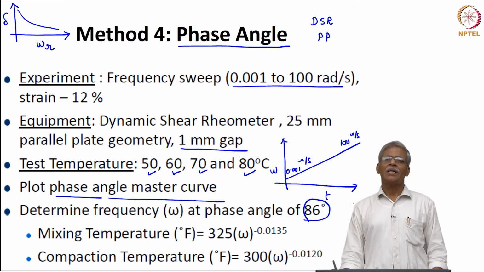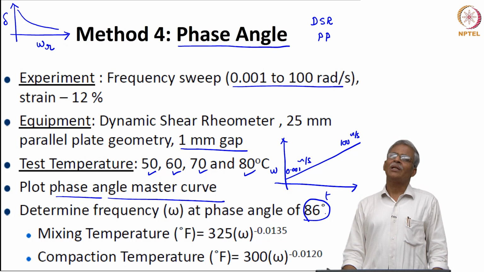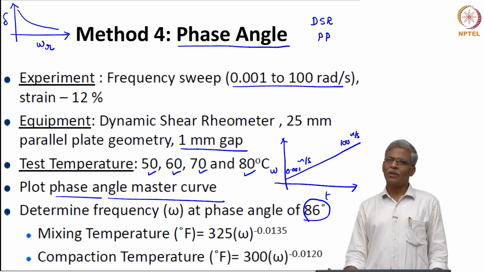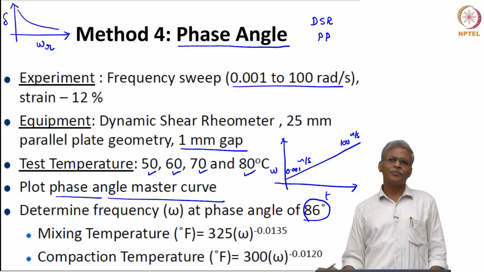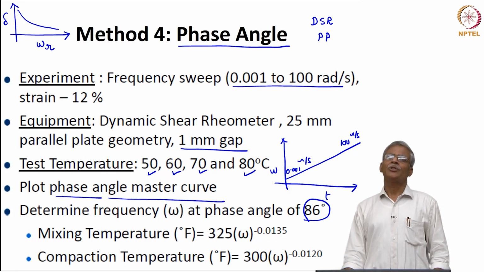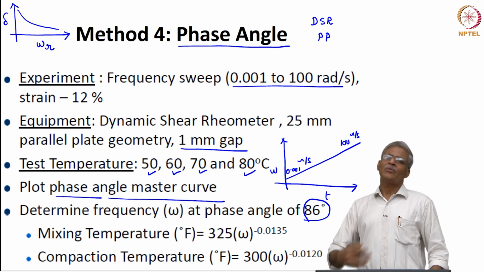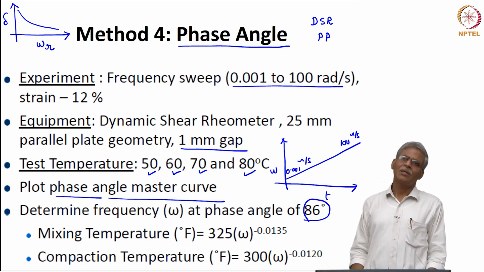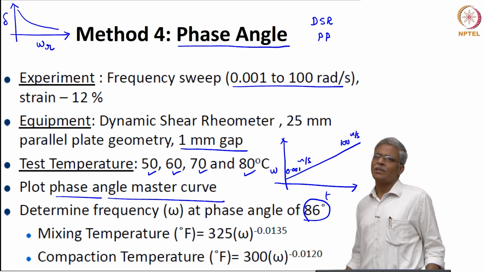Okay. Now, why is this 86 degree? 86 degree more or less is when the material is going to be Newtonian. Okay. Now, there is a small hitch here. In fact, if you take a measure for the bituminous binder even at 80 degrees centigrade at very low frequencies, you might get a phase angle which is close to 86 degrees, but that is not really the point here. As we have discussed in our viscoelasticity lecture, as the phase angle goes to 90 degree, the response of the material is linearly viscous.